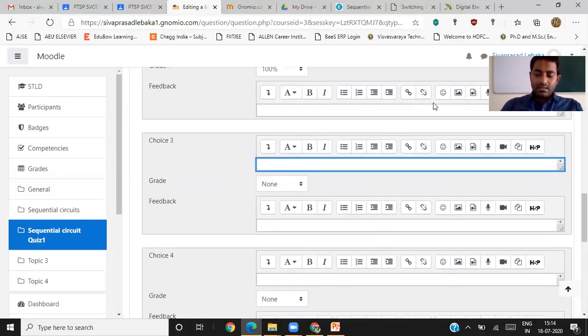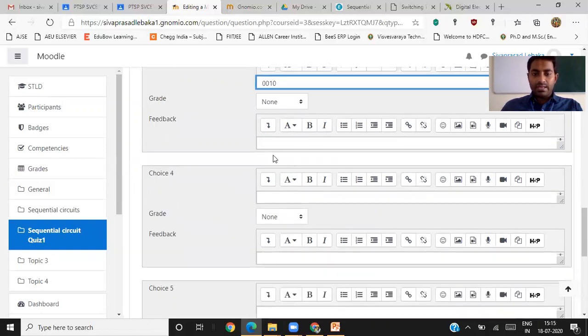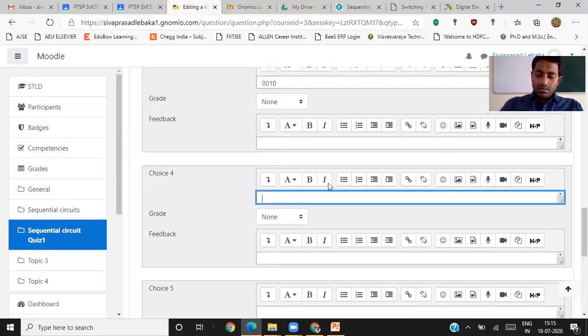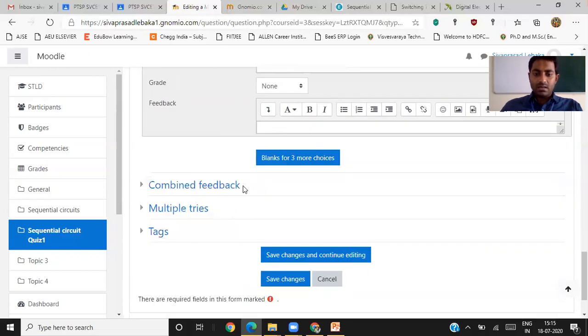Similarly, choice 3, 0010. This is none. I don't want to allot any marks. 1001, choice 4, and this is also marks are none. Okay, like that I can create a question, okay, and save changes.